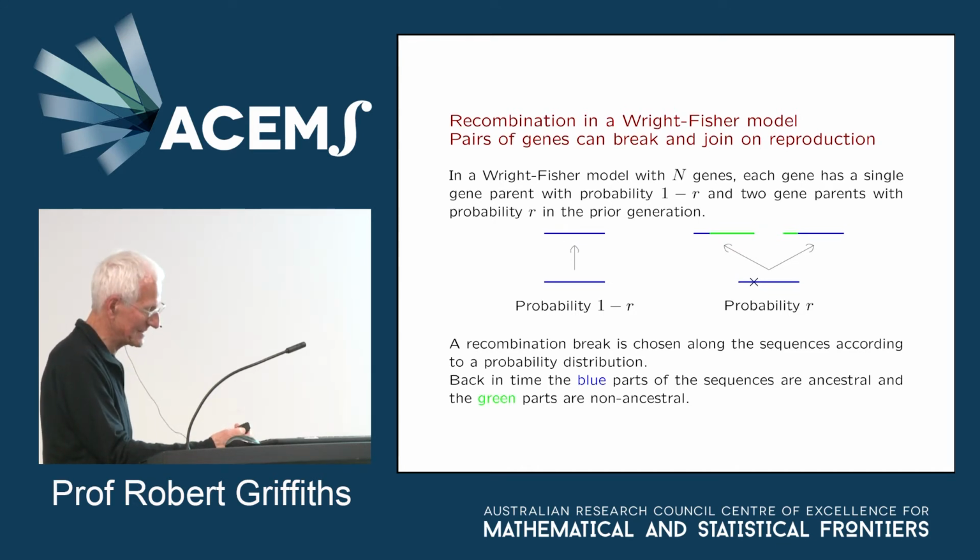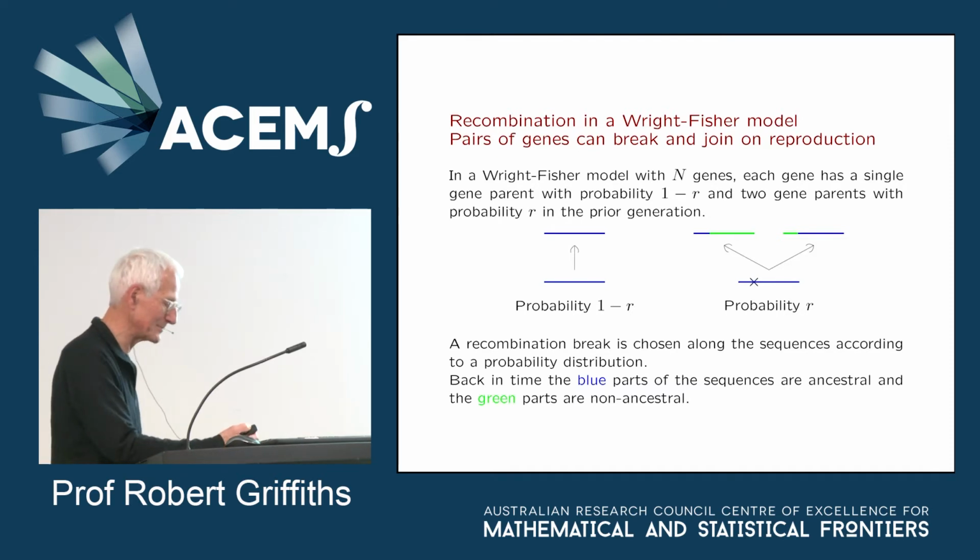Recombination is a feature in nuclear genes in general. It wasn't in this beta globin set, but it usually is, where, if you look at it going back in time, this individual is really made up possibly of two genes, where these two genes break and recombine during reproduction to form that bit and that bit, forming that particular gene.